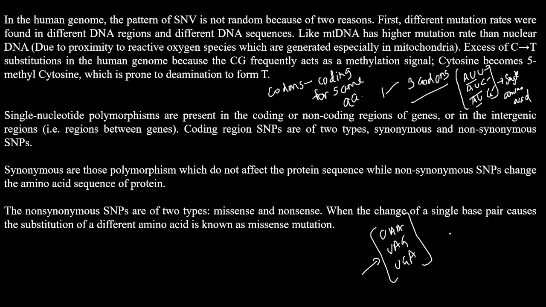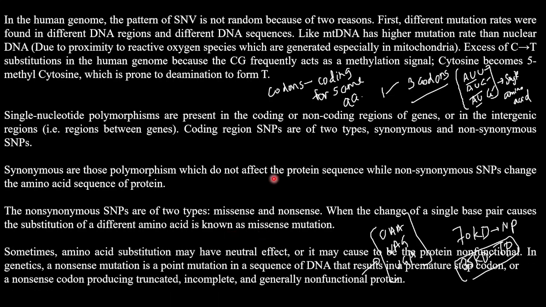Suppose the normal protein is 70 kilodalton, let's say normal protein. The truncated protein could be 35 kilodalton, let's say truncated protein. So this protein cannot function like the normal protein. So these kinds of mutations, non-synonymous SNPs, are very important because they change the behavior. The non-synonymous SNPs are two types, missense and nonsense. When the change of a single base pair causes the substitution of a different amino acid, it is known as the missense mutation. And if we talk about the nonsense mutation,